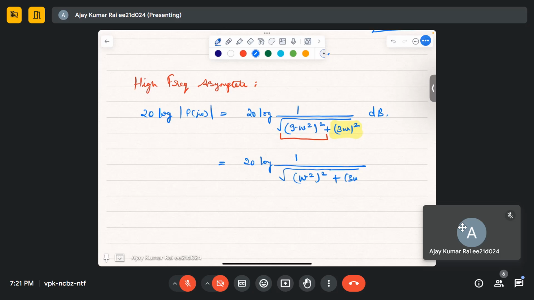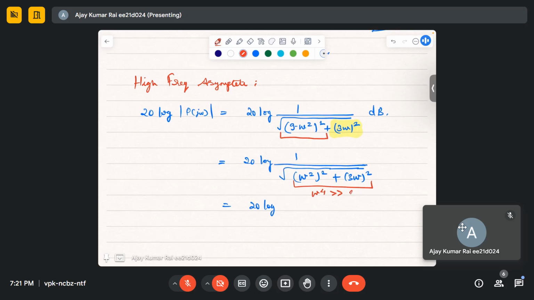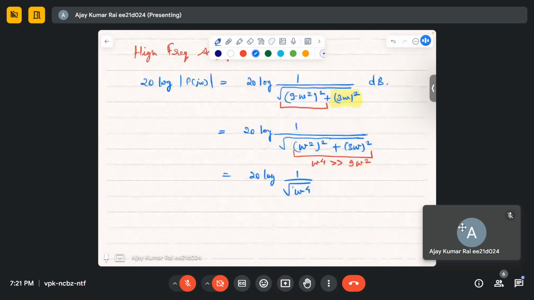If I compare these two, one is omega raised to power 4 and the other is 9 omega square, so omega raised to power 4 is much greater than this value. One more approximation I can do, so I'll get this as root of omega to the power 4, which is equal to 20 log of 1 minus